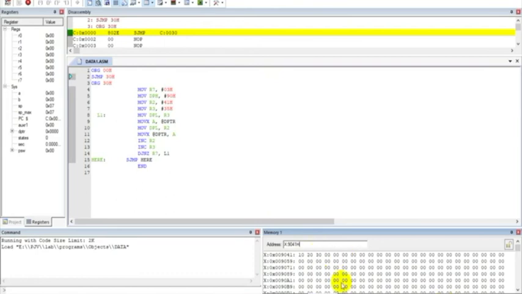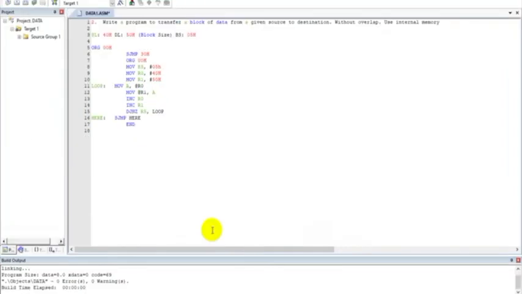The same way we can do all the data transfer program. Let us see one more example here. So this is the example. The next example is a transfer of a block of data from source to destination. Same way, without overlap, but here we are using the internal memory. So internal memory, the procedure is same.